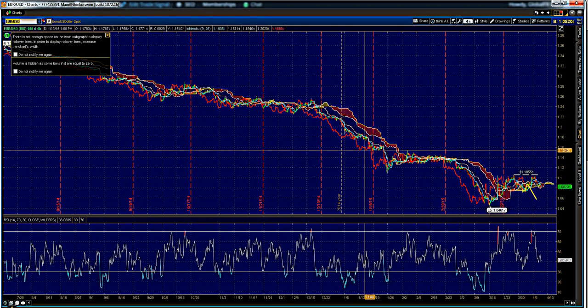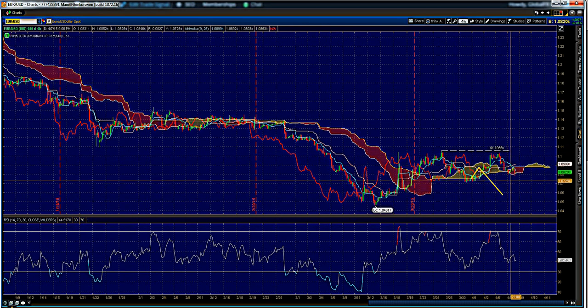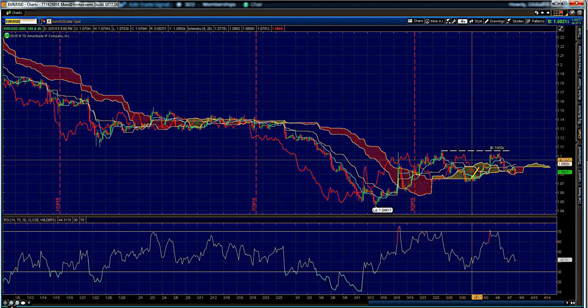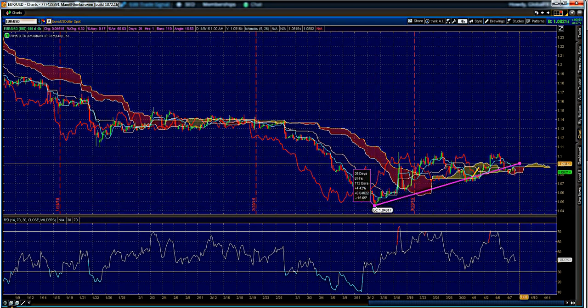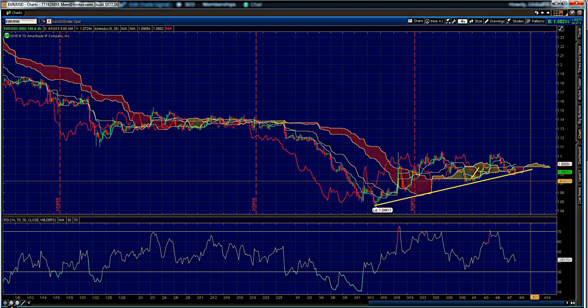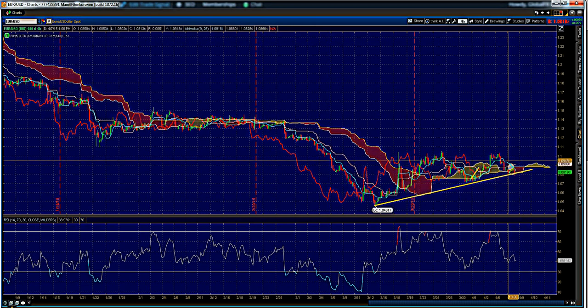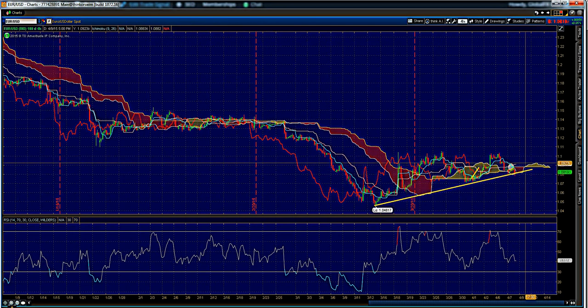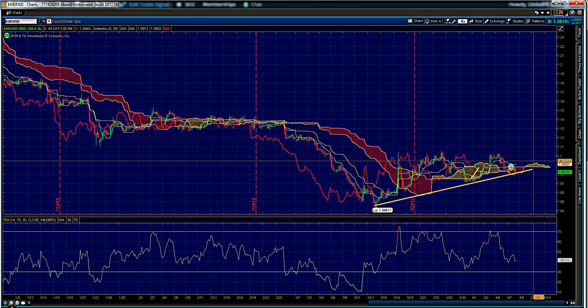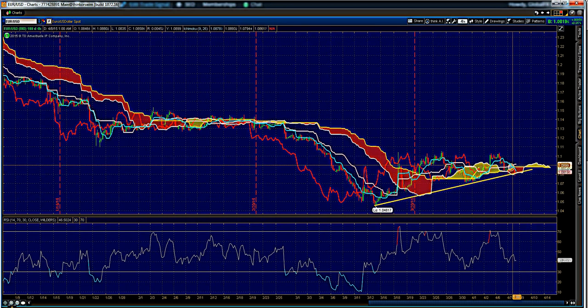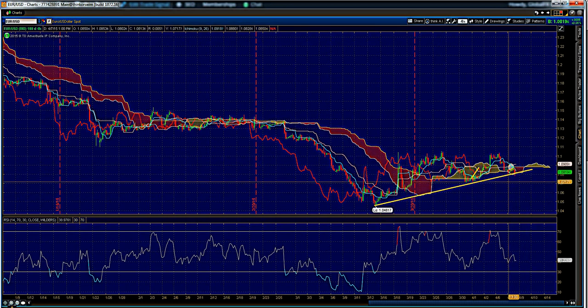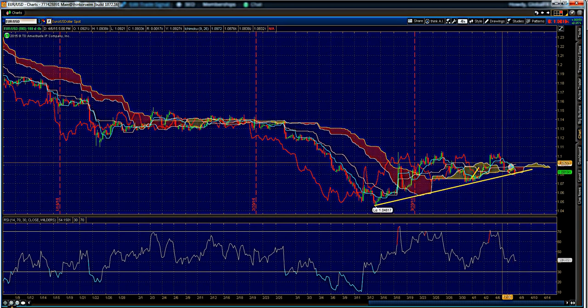The euro dollar. Euro dollar is giving some contrary action, but since we're looking at dollar yen to the topside, you would obviously be looking at euro dollar to the bottom side. Looking at the dollar index, here we have this nice trend line. What I say is contradicting is the fact that we had a crossover to the downside of the Tenkan and the Kijun, and the future cloud looks like it's turning bearish. We obviously want to see this turn bearish, but we also want to see a break of the trend line, and we already got a first indication of this crossover. Ideally, stay pat and then look for a bottom side break.